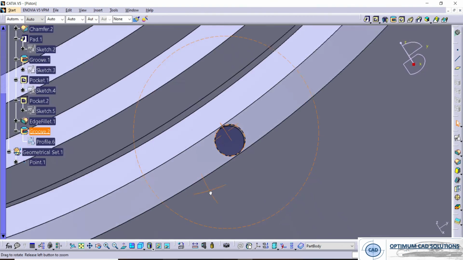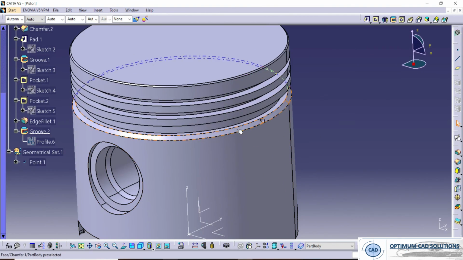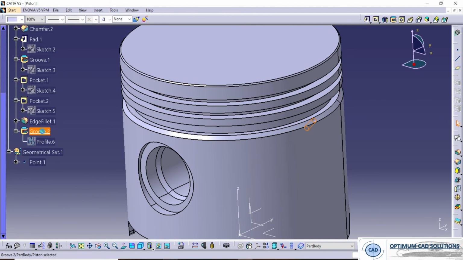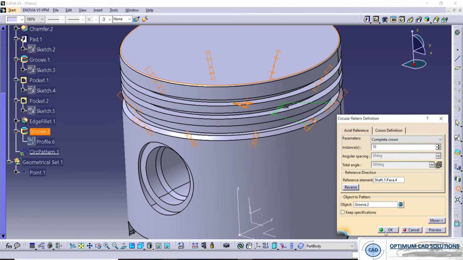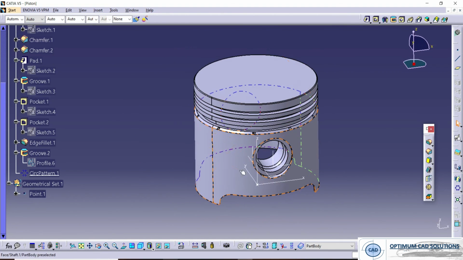So exactly it matches as per the drawing. So now we require the 10 holes from this total circular chamfer shape. So we'll use this circular pattern command. So for that we have to select the complete cone, give the total 10, and select the reference. We'll select this, and just click on it. Okay. So here our part gets completed.